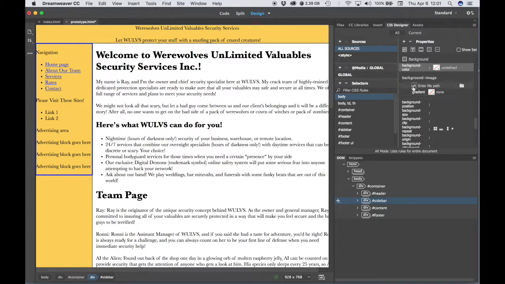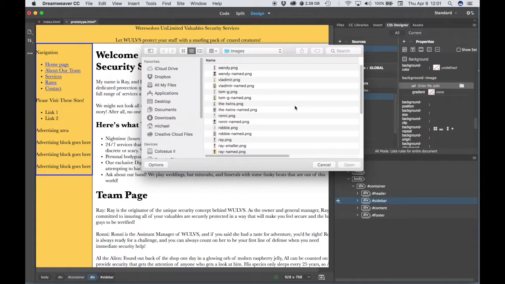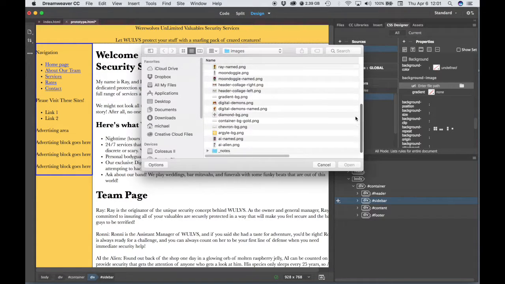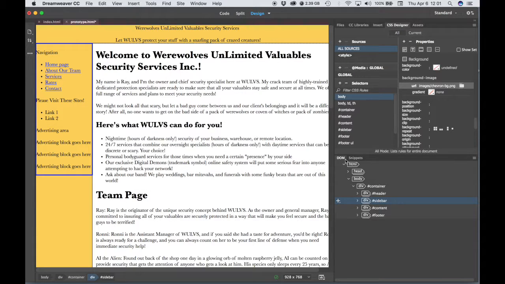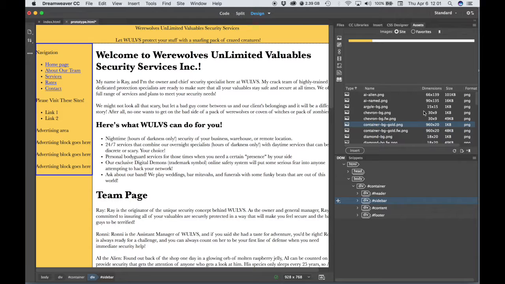And then we're going to insert a file. So let's go ahead and click browse. And we're going to choose that chevron image that we took a look at a little bit earlier. So chevron-bg, let's pick that, and let's choose that to repeat in the X and the Y axis. All right, so remember that chevron is just a single small file, a little V,